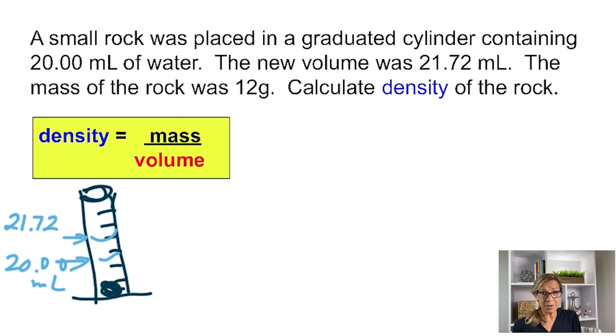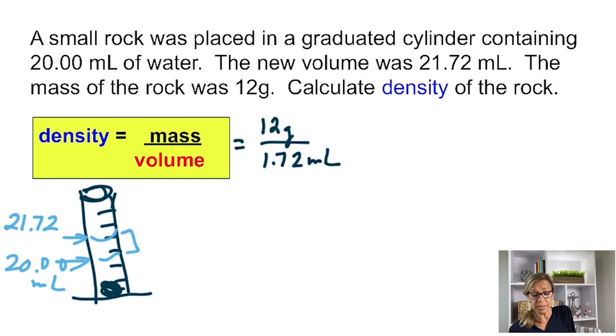So this is what we call volumetric displacement, and it's a really handy way of finding volume quickly of an object that's small and maybe of a really weird shape. So you can see that the volume of the rock would be the difference in those two numbers. All right, let's go ahead and plug into our density formula. The mass of the rock was 12 grams, and then the difference of those two numbers, 1.72 milliliters. And then this is division, so let's use our sig fig rule. I've got 2 sig figs on the top and 3 on the bottom, so I'll round my answer to 2